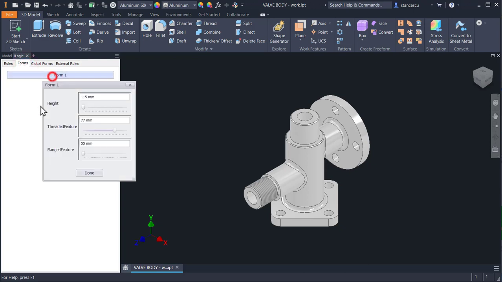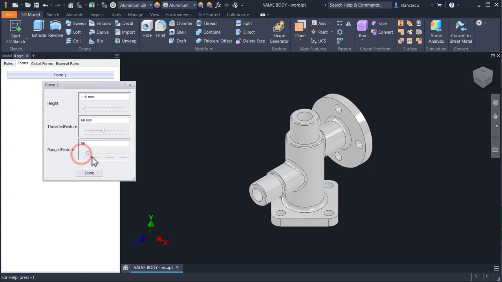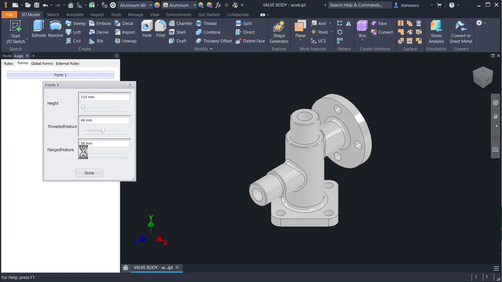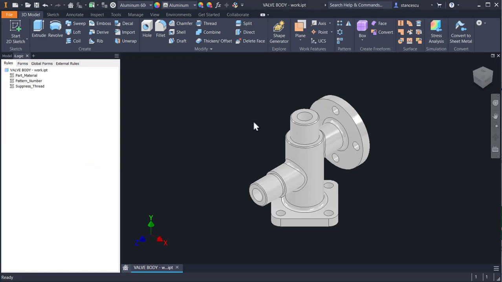Forms, click, this is threaded with or without thread, and now you see from the middle it becomes green. Good. The last thing I want to do is to create a button near the sliders to toggle between existing